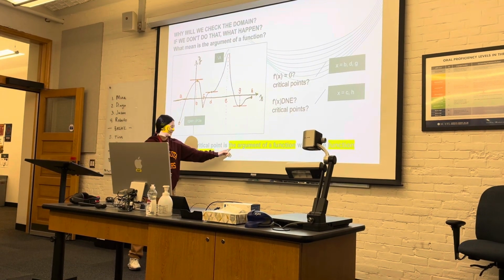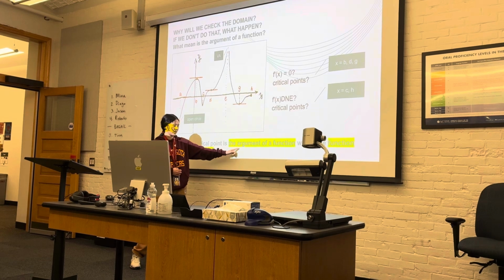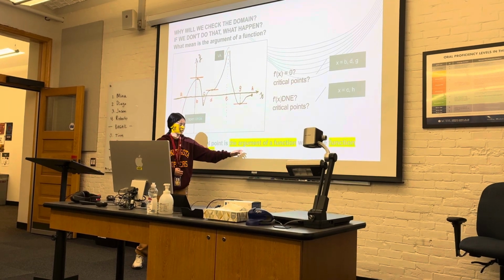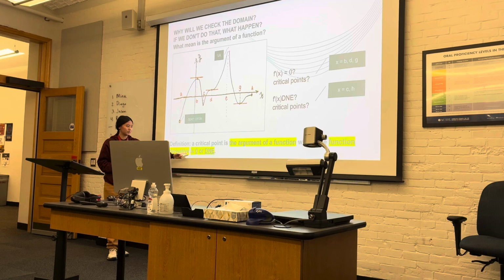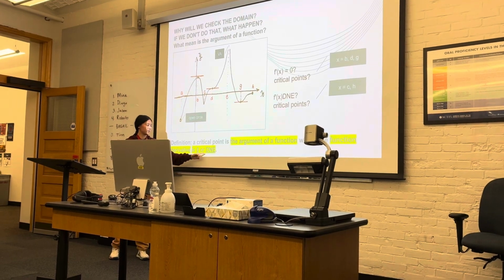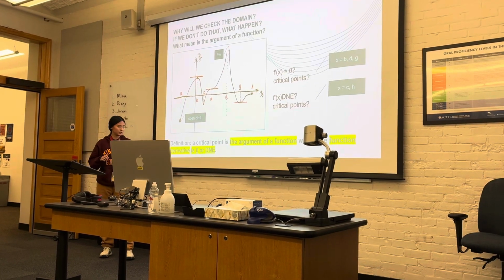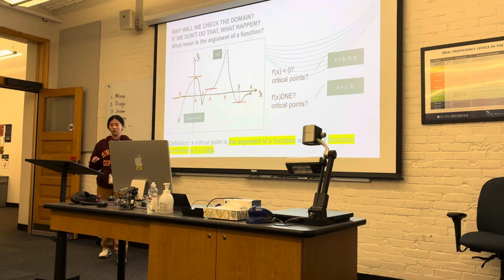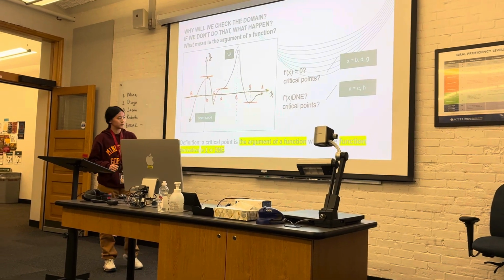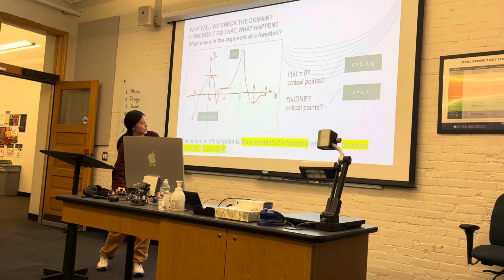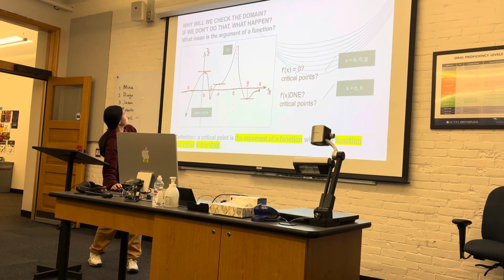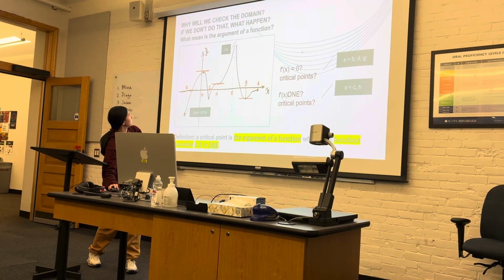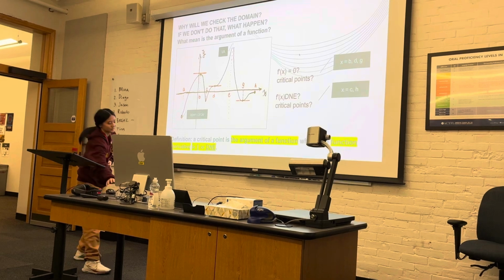So this is the first information, and the second is when the derivative is 0 or does not exist. So if the derivative does not exist, you can also find critical points. Not just this, both, all the critical points. So,